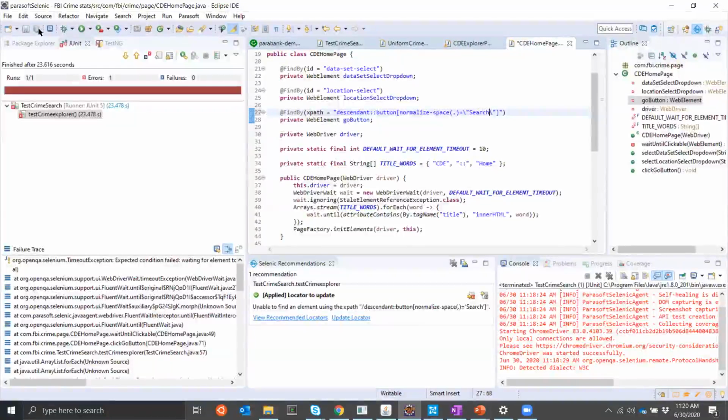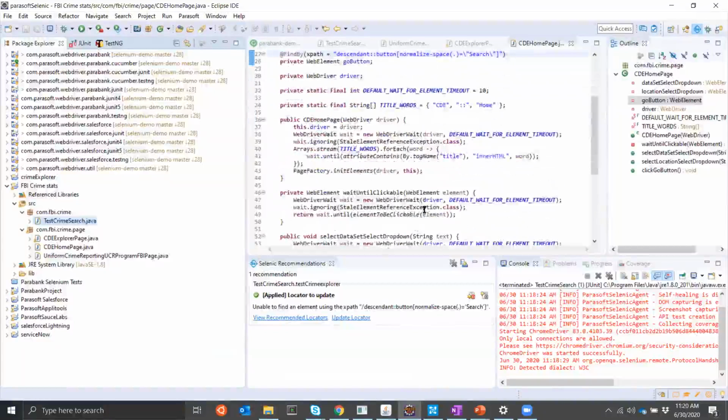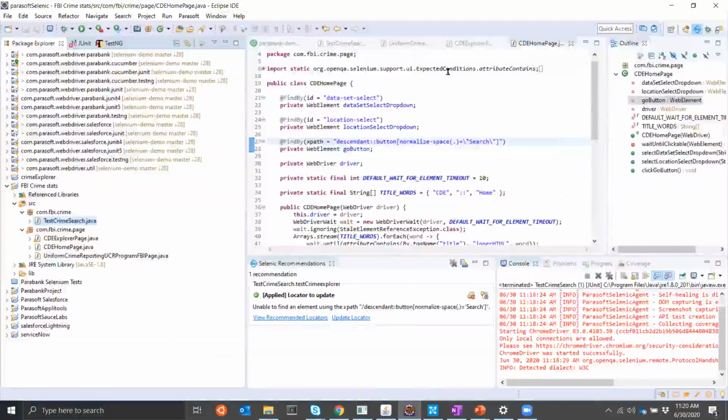And maybe this go button is just one step in a much larger test script that I have. And this failed, and I never made it down to my other assertions. So let's do this. Let's go ahead and show how we can use AI to enable self-healing on pure Selenium